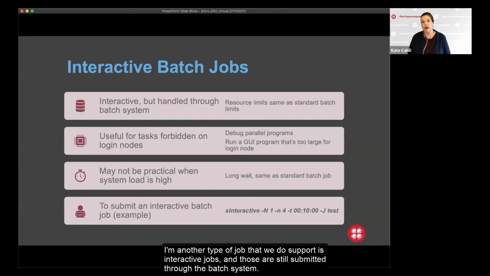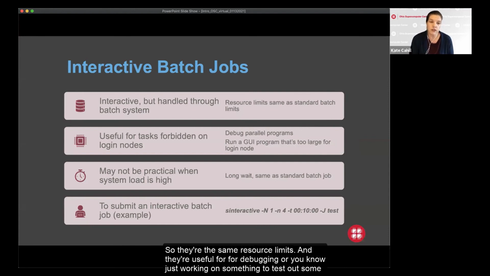Another type of job that we do support is interactive jobs. Those are still submitted through the batch system, so they have the same resource limits. They're useful for debugging or working on something to test out some stuff before you submit a general batch job.